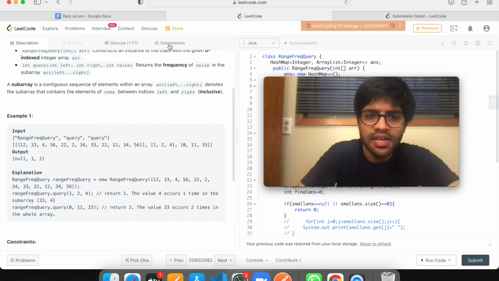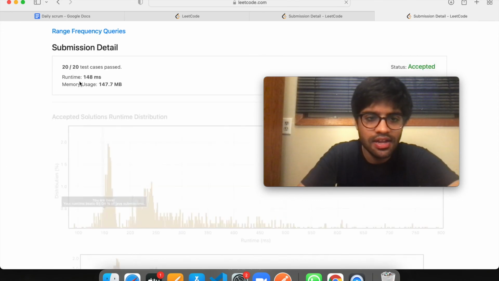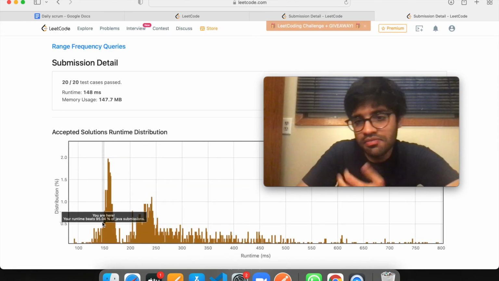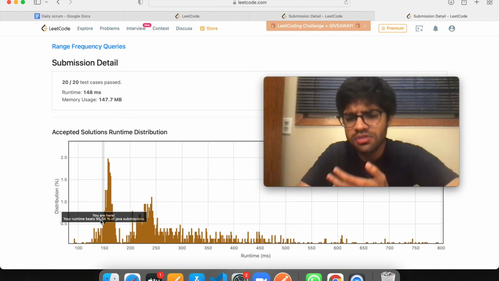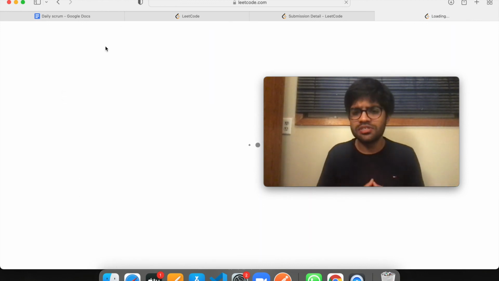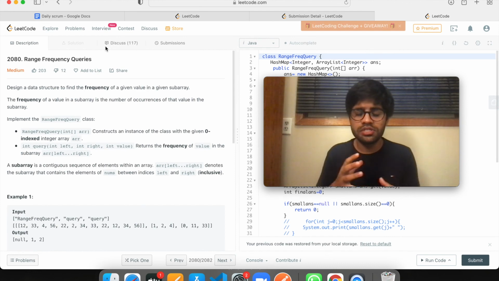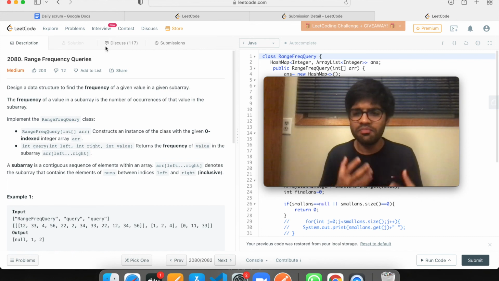So this was the problem. It was a bit tricky, I would say, but in the end it was accepted, and I think it's the most optimized solution, because the runtime beats 95.04%. So I think this is the optimized solution using binary search. This was really a good problem, because there was a combination of data structures and algorithms used here, and range queries are something that we really associate with trees. So I really like this concept. This kind of thinking was really good. So yep, that was it regarding this problem.